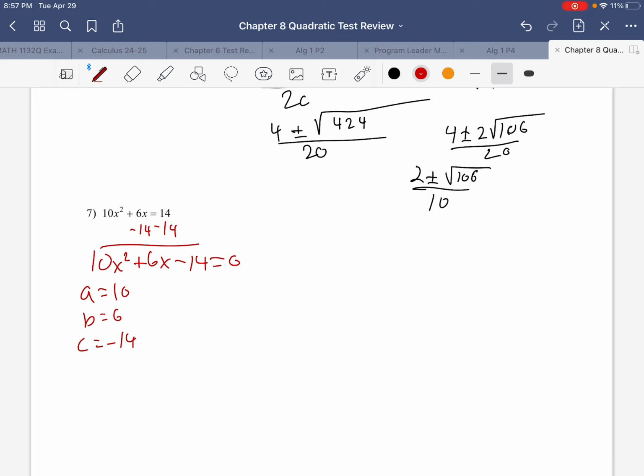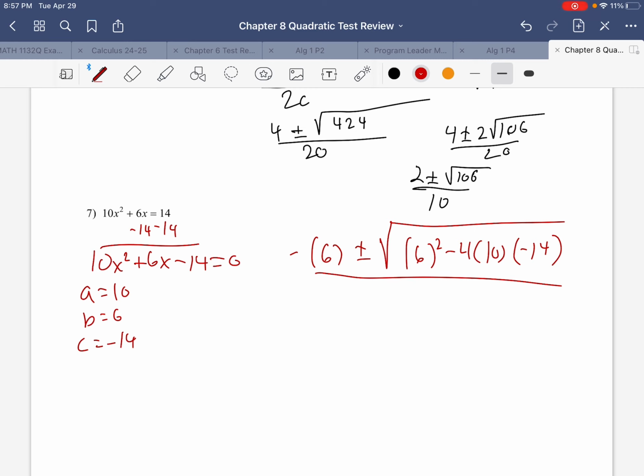No. So this looks like negative 6 plus or minus the square root of 6 squared minus 4 times 10 times negative 14, all over 2 times 10. So this is negative 6 plus or minus the square root